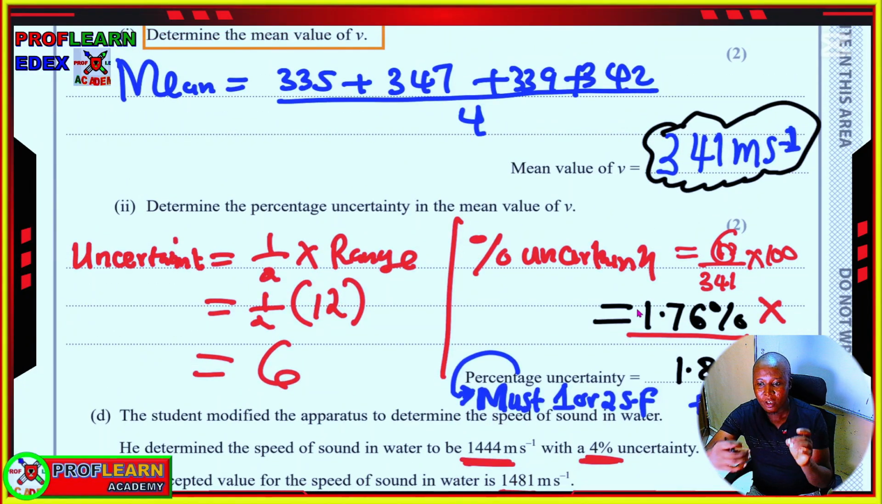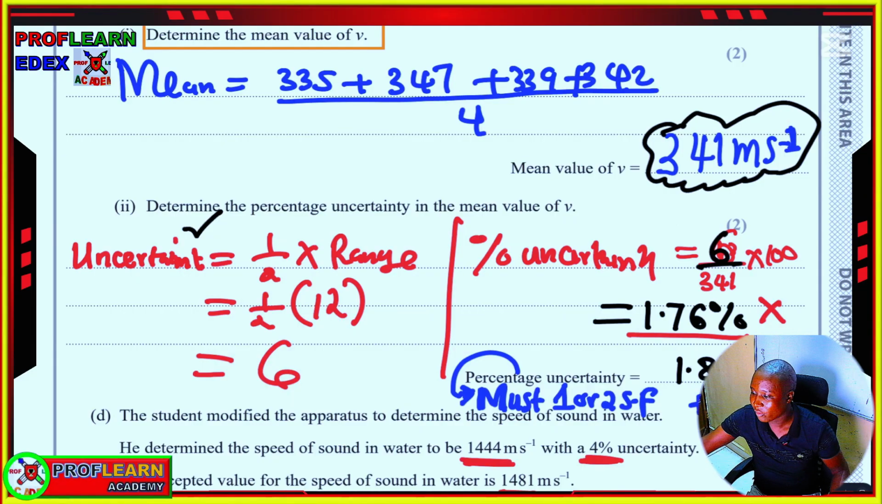Then for you to determine the percentage uncertainty, when you are given different values, you need to find the range. Then the uncertainty will be half the range. For this case, our range is 12, the largest value minus the smallest value. Then half of 12 is giving us 6, and that's going to give us our uncertainty. Then percentage uncertainty will be the 6, which is uncertainty, over the mean that you had gotten here, times 100, and you're going to get your answer being equivalent to